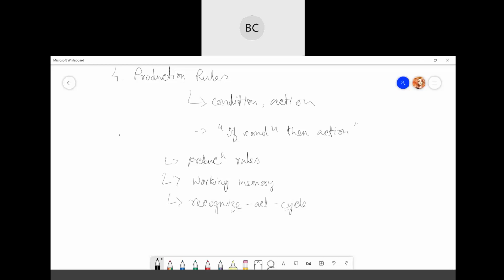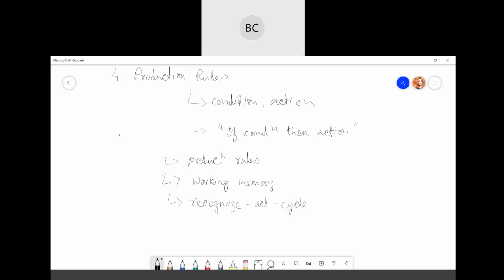There will be many different production rules, and for a particular problem you have to determine which production rule will be useful, and act as per that rule. The action part carries out the associated problem solving steps. Action means how you are going to solve that problem. It's like steps. The complete process is called the recognize-act cycle.